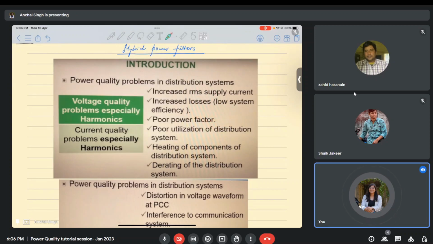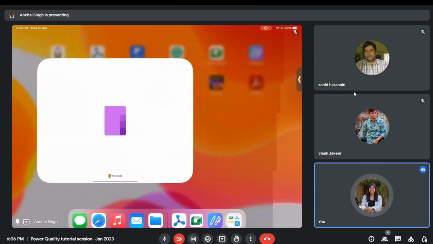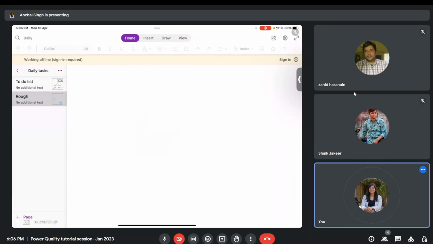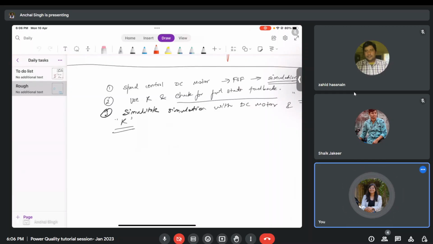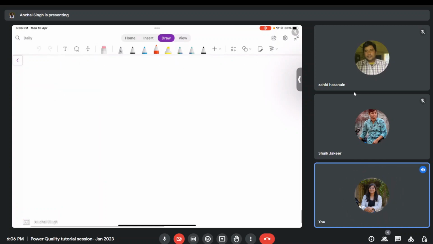Okay, so we'll start by revising what we have been doing so far. So far we have been discussing power quality, right? Power quality has a lot of aspects. We started by discussing the basic definitions of power quality, what is power quality, and the need for power quality improvement. Then, since we defined that there is a problem of power quality and we need to solve it, we started discussing the solutions present in this area for improvement